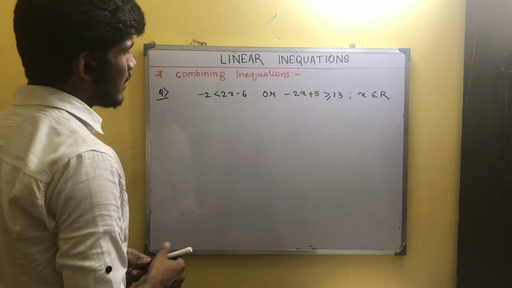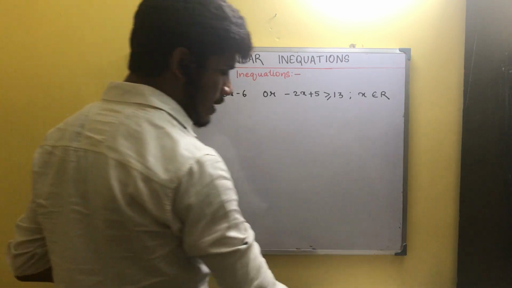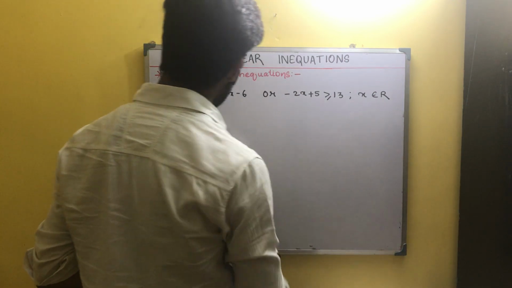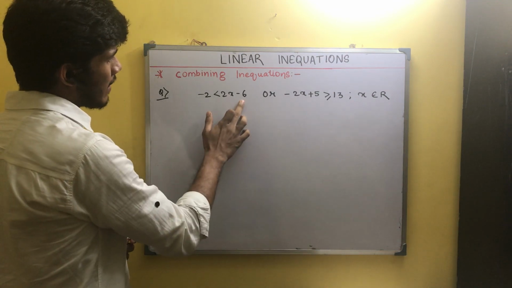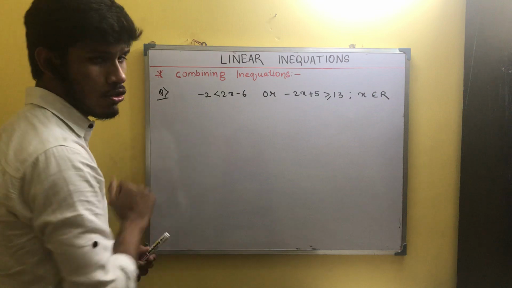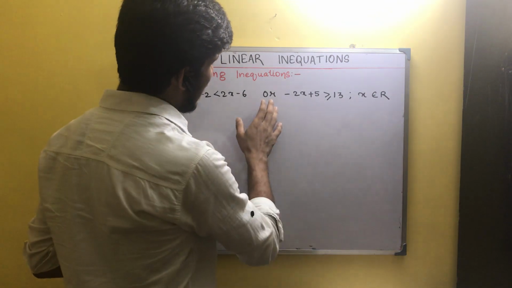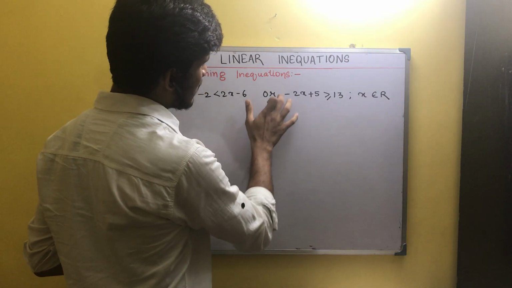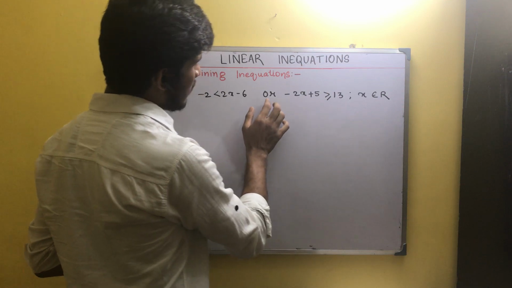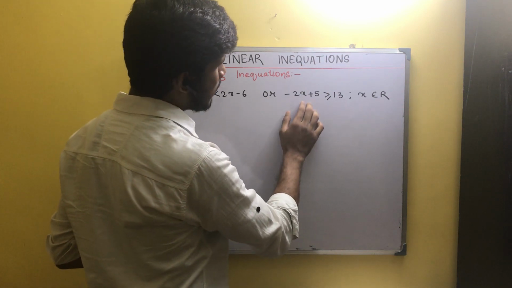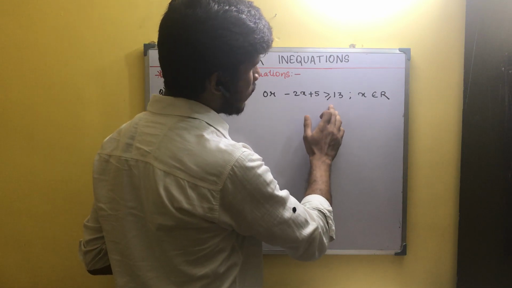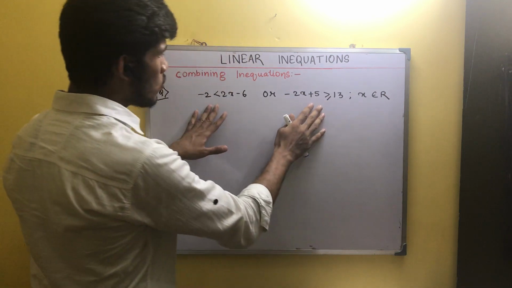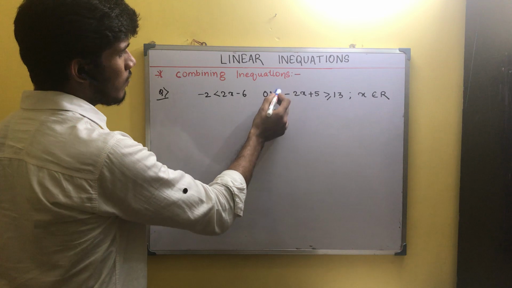Now what does this question say? This question has two parts. The first part says 2x minus 6 must be greater than -2. And not "and", here it is given "or". I will explain this later. First of all, the second part is -2x plus 5 should be greater than or equal to 30. These two are inequations, but there is one "or" given.